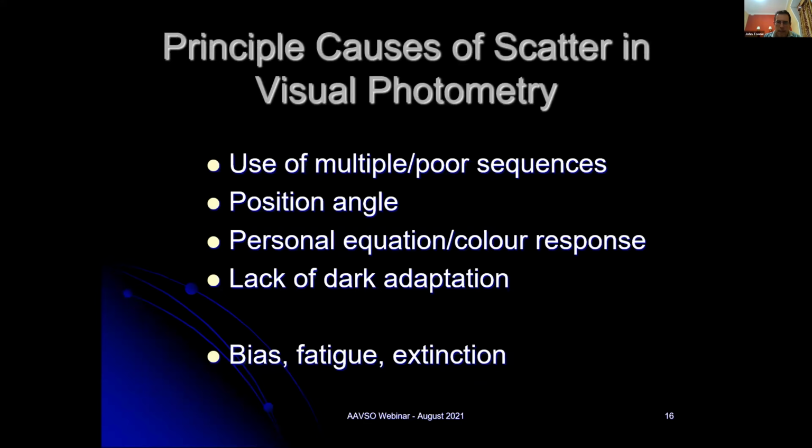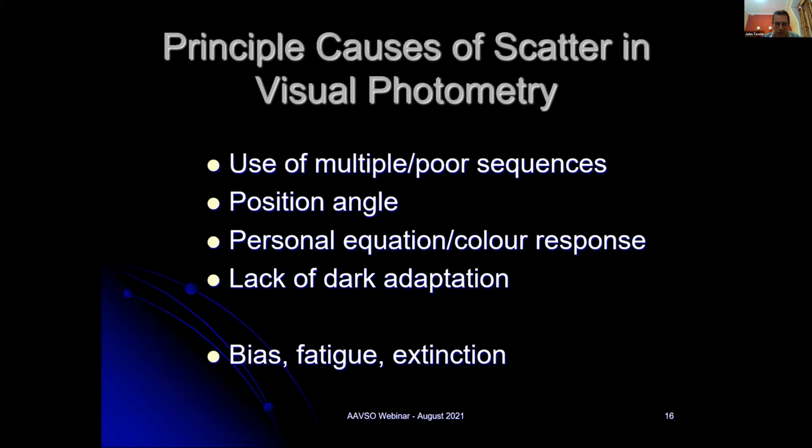So here is a summary of the key areas which will cause scatter in visual photometry. It's the sequence. The sequence determines the minimum accuracy of any observation. The position angle, personal equation, color response, lack of dark adaptation, and then there's minor items such as is the observer tired?